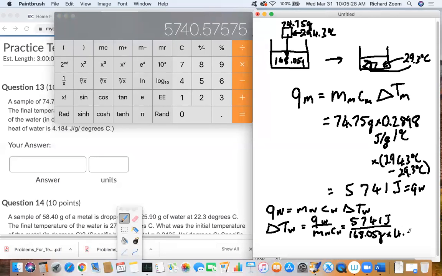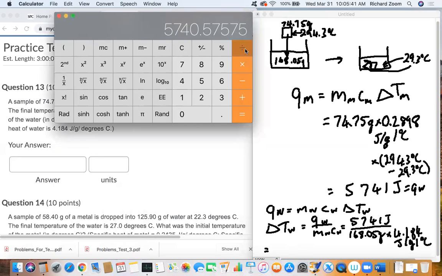And that comes out to be, this gives the change in temperature for the water. I'll divide that by 168.05 and divide that by 4.184. Okay, so it comes out to be 8.164 degrees